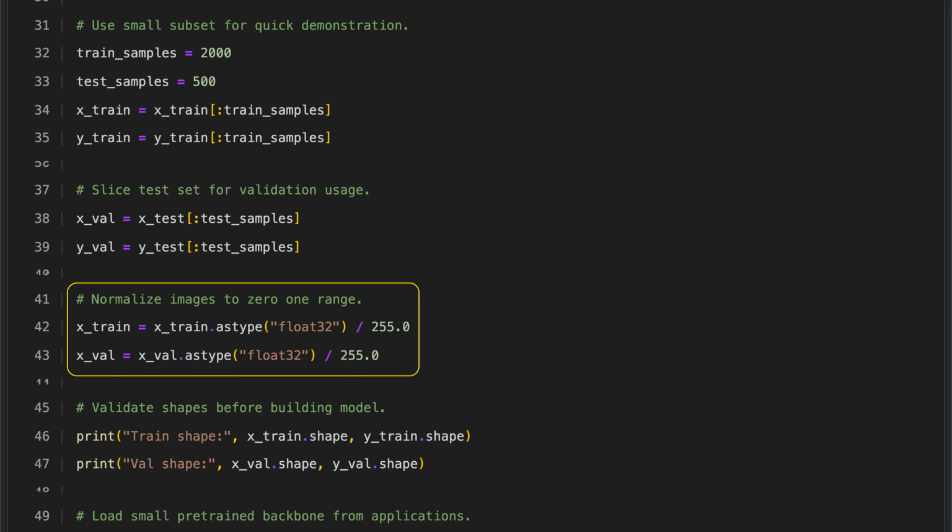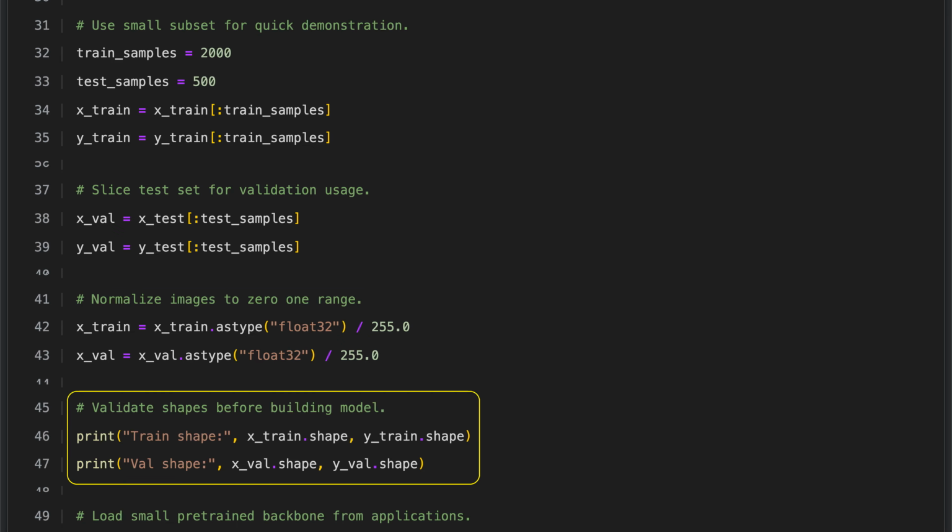This normalization standardizes the input data, which makes the training process more stable and efficient. As a result, the neural network can converge more quickly and learn more effectively from the images. Before building the model, we first print the shapes of the training and validation datasets to verify that the data